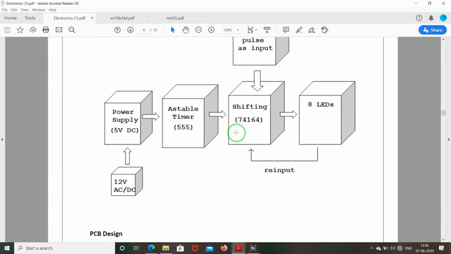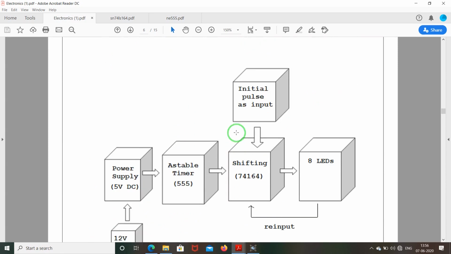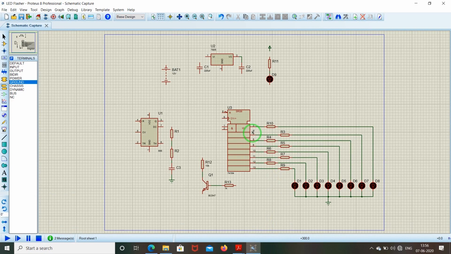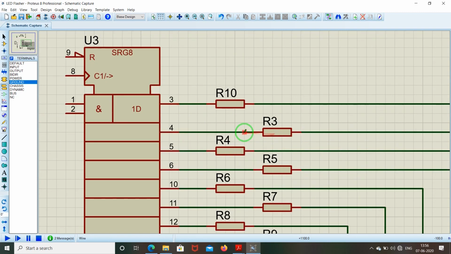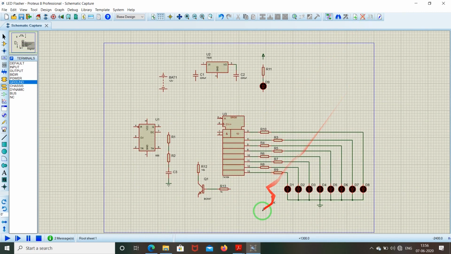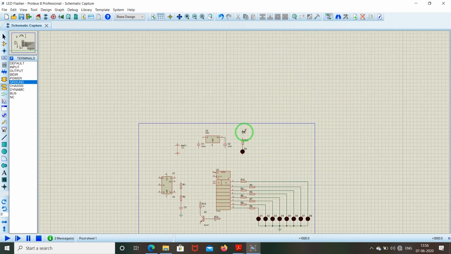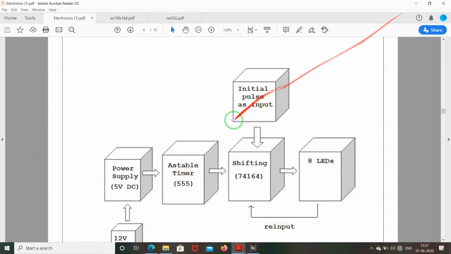Here is the block diagram of this test project for which you have to design the circuit. You will also get one piece of paper with an incomplete circuit where you will find some components lying there, some values missing, some components may not be there, and some ground and some power supplies will be missing.